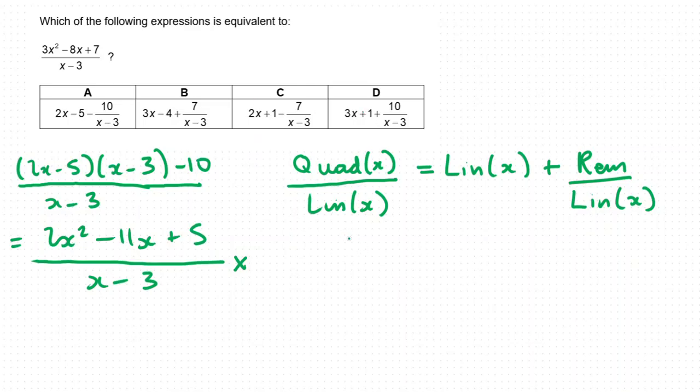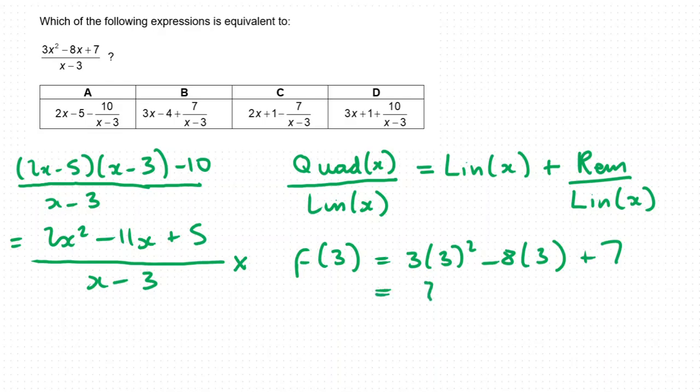Then we move on to that piece of theory, which is the remainder theorem. It tells us that if I divide a polynomial like 3x squared minus 8x plus 7 by x minus 3, then the remainder is given by f of 3. In other words, the quadratic with 3 substituted in. So I'm just going to do that. It's a fairly simple calculation,